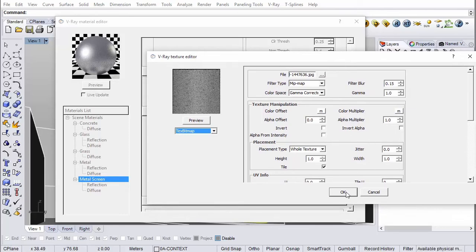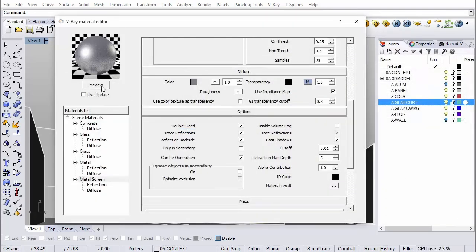Now when I add that, and I click update, it's a bit fine to look at here, but now you can see that it's starting to become a bit see-through, with the mesh kind of perforated screen quality to it. So now if we were to look at this very much up close, then we'd see that it has the perforations in it. And these could be in any pattern that you find online, or you could even make your own.